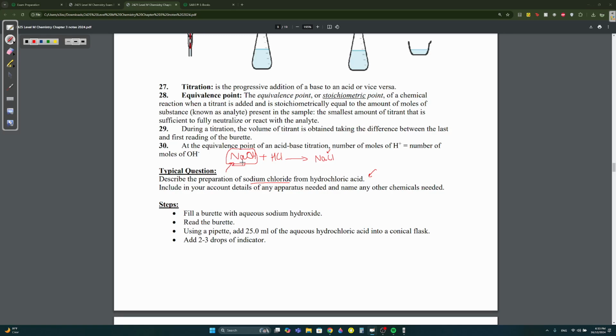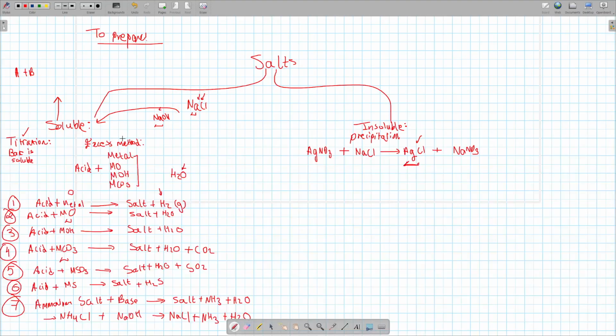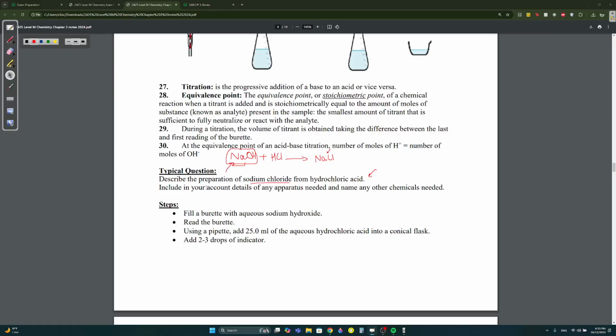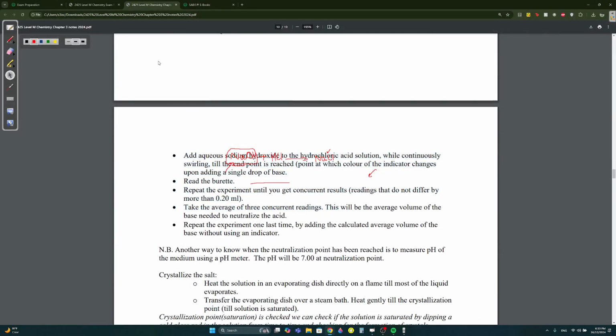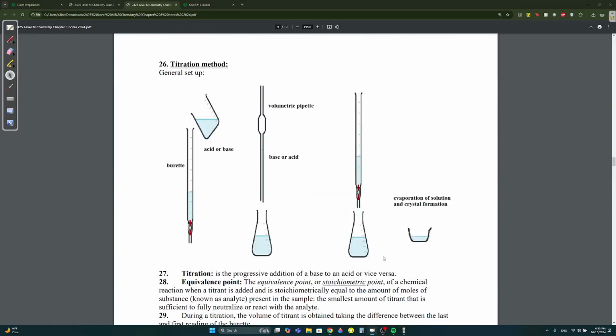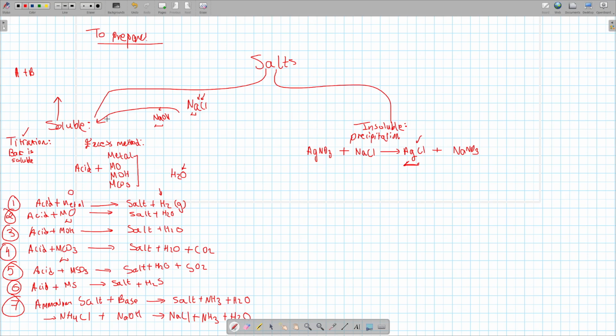So what method will I use to prepare NaCl? I'm using NaOH as my base. Is that soluble? Yes, so that means you're going to use titration. If you want to explain the method of preparation, this is preparing by titration. You can read this if you want. One final thing I want to say before we start the quiz. For soluble, you're going to get a solution. We're trying to prepare